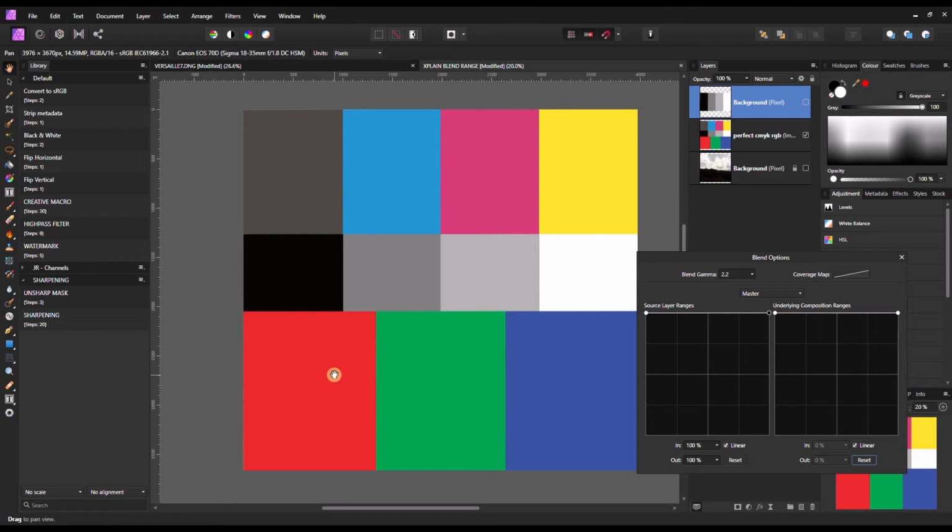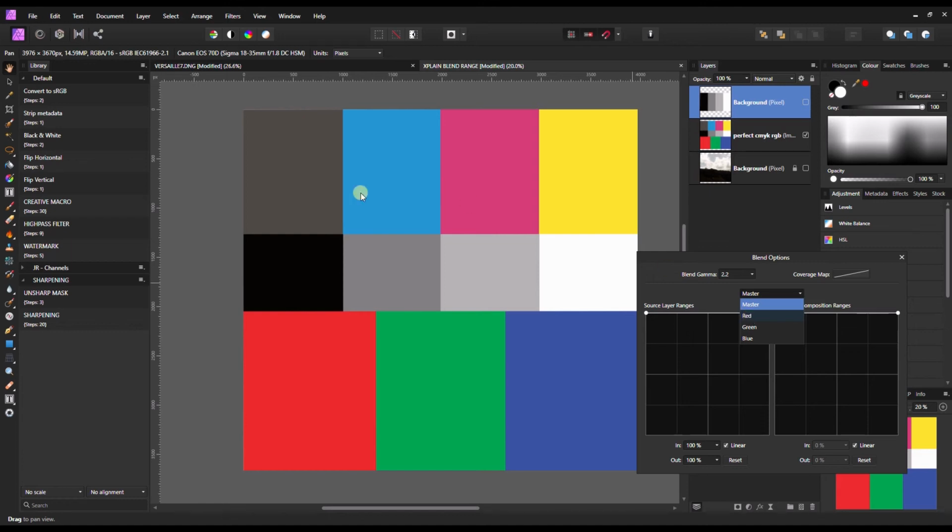Or vice versa. Imagine you want to apply some kind of effect such as saturation or brightness or exposure, you name it, only on the blue channels, but you want to protect everything else. You can easily do that by selecting red, green, or blue. So I'm going to show you right now.